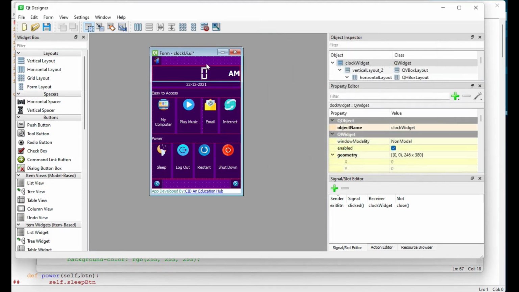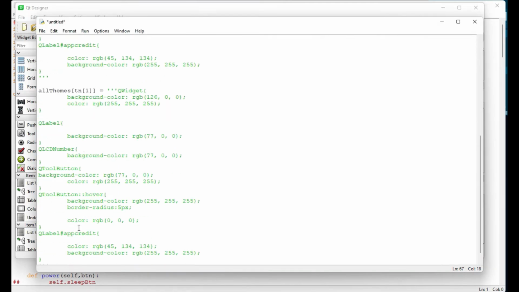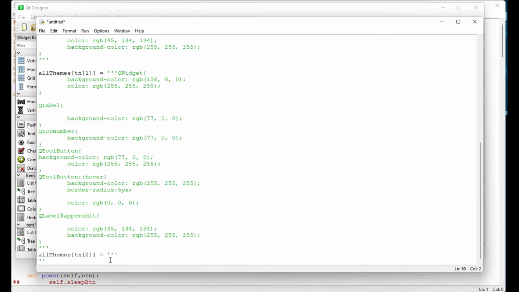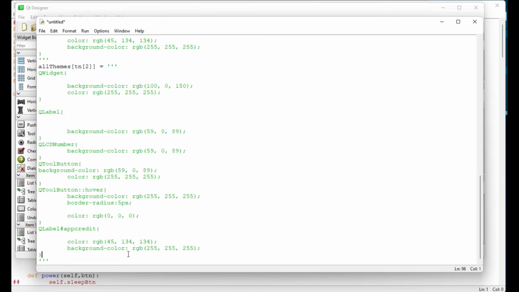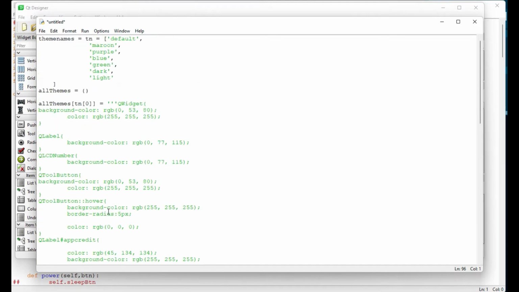Okay, and now we can also copy it. So let's select all and copy it, and we can paste it. So this is here. Okay, so we are doing best now.